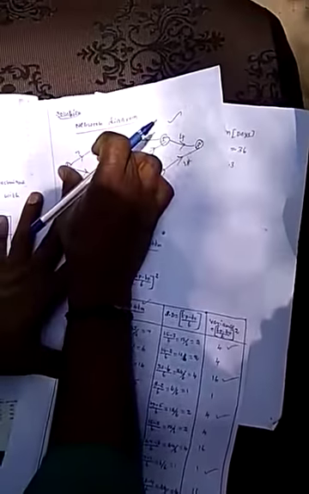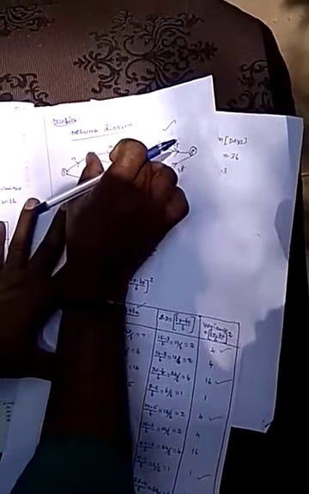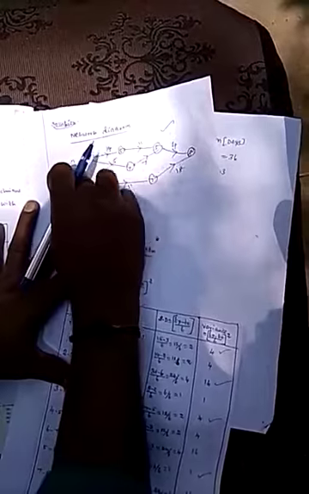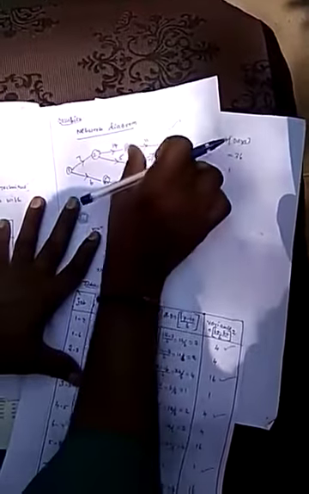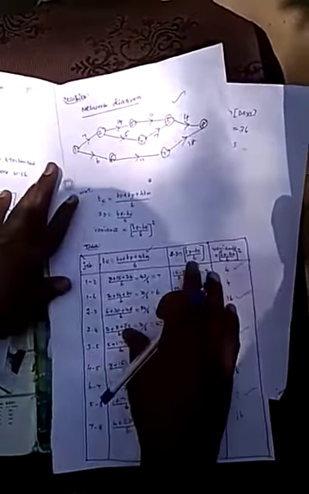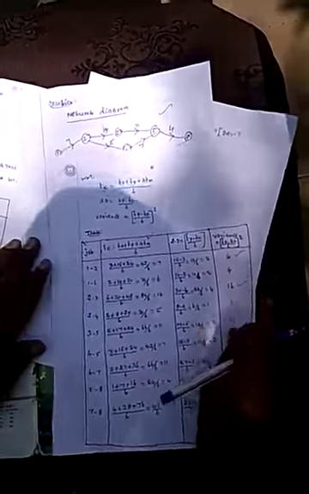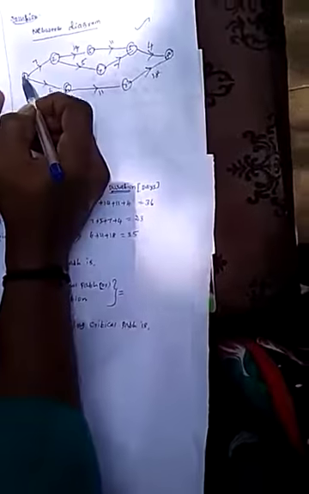So the first job, 1 to 2, is completed in 7 days. 2 to 3 takes 14 days to complete. So find each and every job and its duration. Now, the numbers 1, 2, 3, 4 are events. So from event 1 to event 8, how many paths reach 8? Find out.